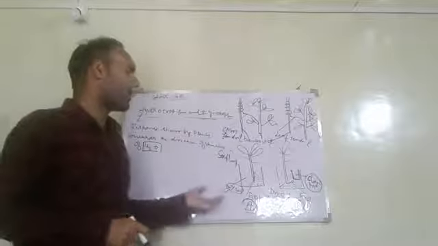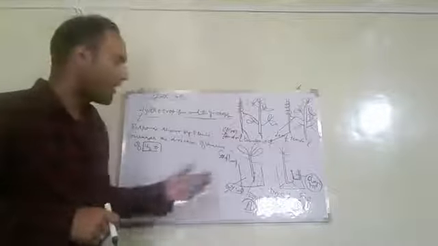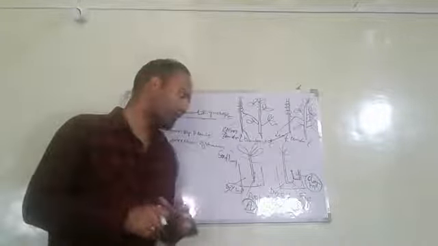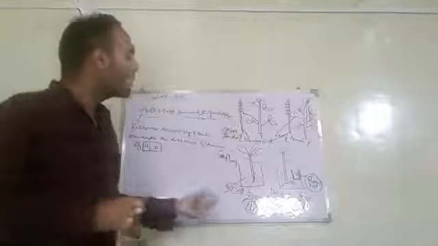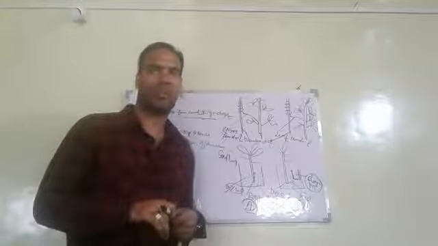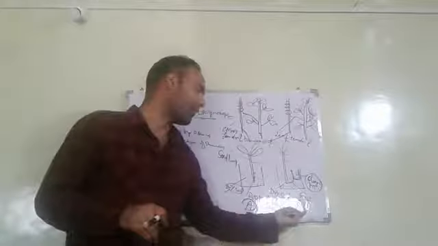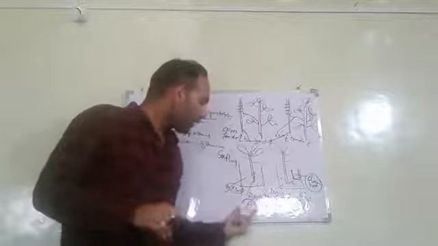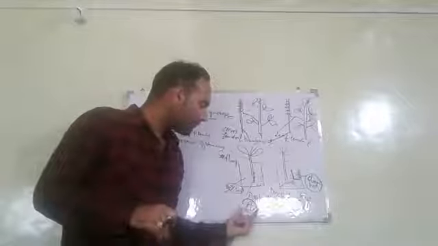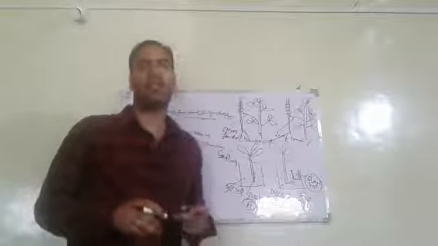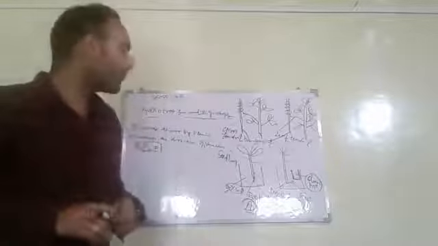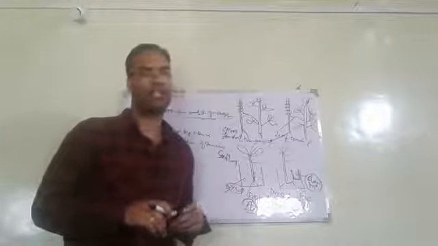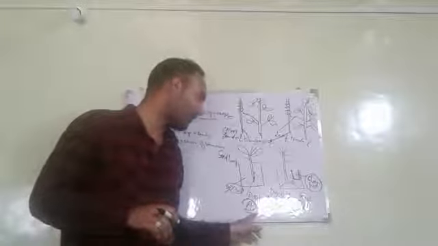Now we will describe an experiment which clearly demonstrates what hydrotropism is. What will we do? We take two glass troughs and label them as glass trough A and B. Here I have shown the diagram. We put some dry soil inside both of these glass troughs, labeled A and B.